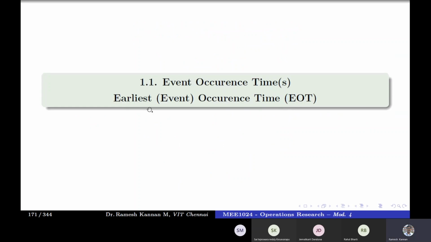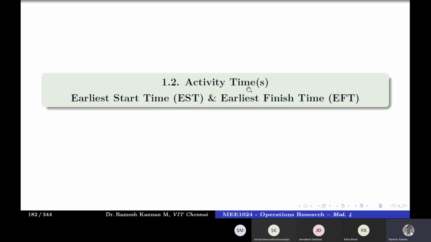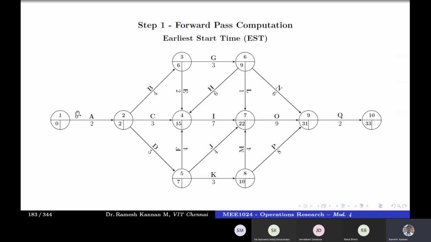Okay, so in a forward pass, we have done the event times, and next one will be activity times. In activity times, we will only be finding early start time, EST. Early start time plus the duration will give us early finish time. As simple as that. So in this case, the first activity, EST of this activity will be 0. The reason is that it is the maximum of EI or EFT of the previous thing. There is no previous thing, so EFT is 0 and EI of this is 0, which means EST of that will be 0. Okay. Then 0 plus 2 will give us 2.